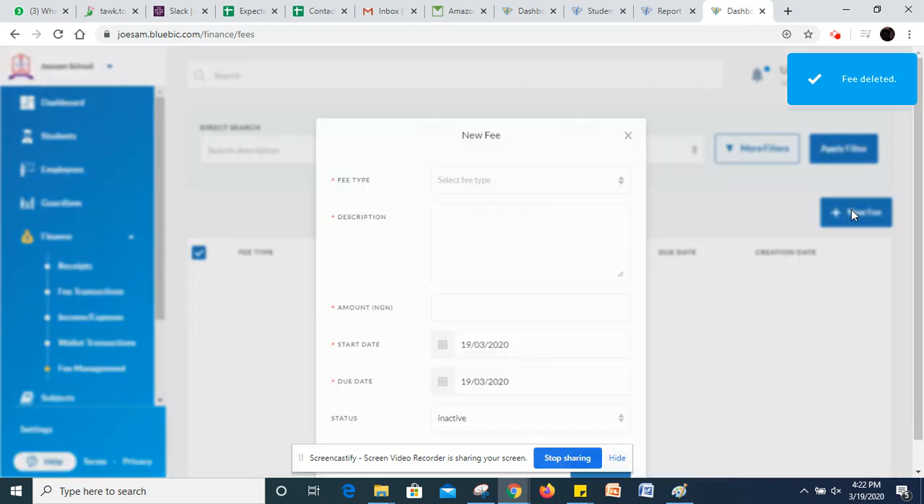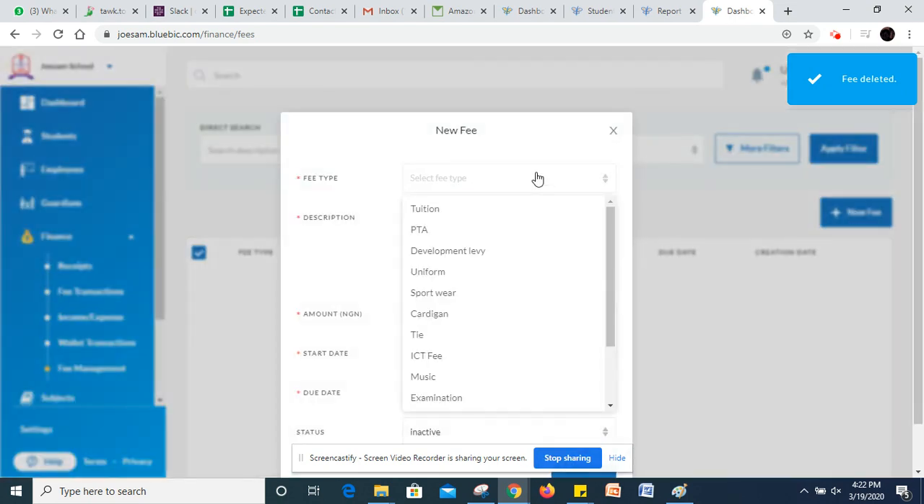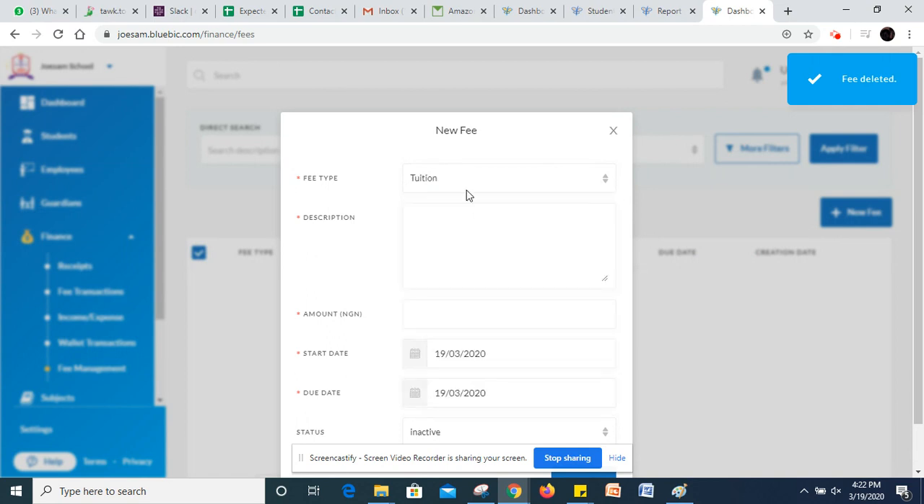So to create a fee, you click the new fee button. You select the type of fee. So in this case, I'm selecting tuition. Then the description is where you describe the fee. So in this case, I'm going to say second term JSS1,